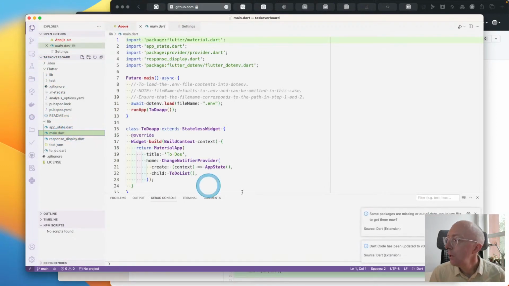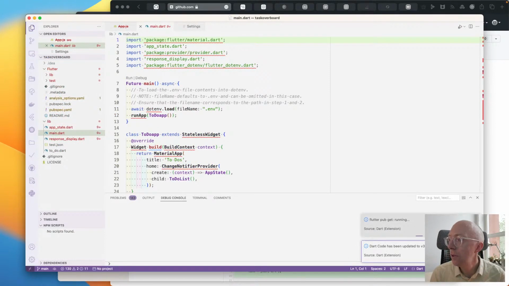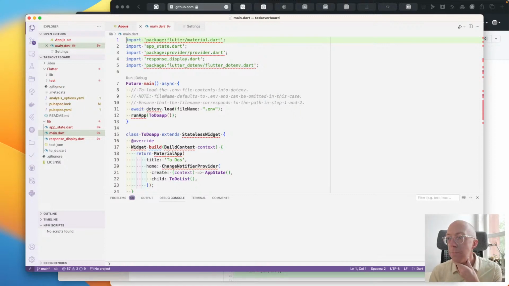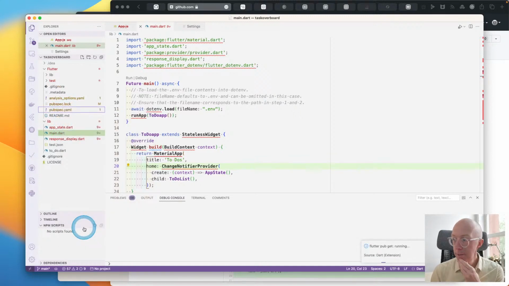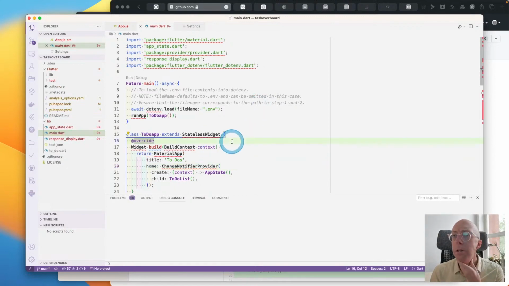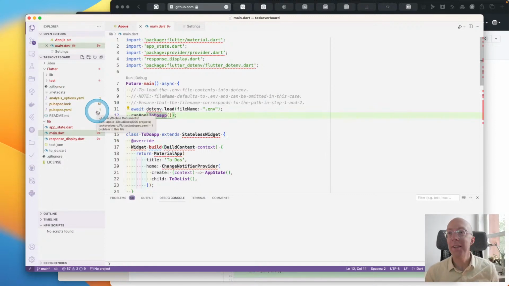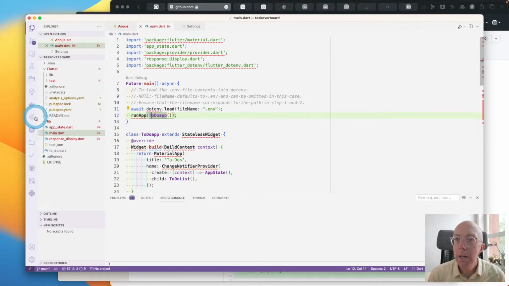There we go. So this is Flutter, and as you can see in VS Code, Flutter is actually a good option as well because the dev tooling from Flutter is far and above many other programming languages anyway. So you get a lot of it for free in IDEs. Obviously something needs to be installed. So get packages. Yeah, and that should fix all of these things, hopefully. Anyway, that's not really what I want to get stuck in right now, but you can also see here is the Flutter outline.